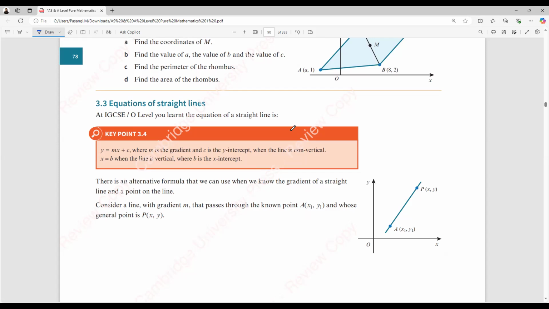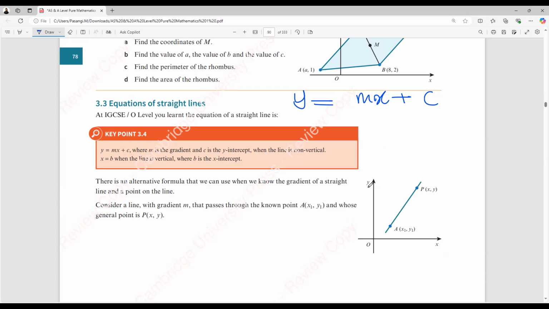We can find the equation of a straight line in multiple ways, in multiple formats. One method: the equation of a straight line is y equals mx plus c, where m is the gradient and c is the intercept. Normally we can use this format when the line is